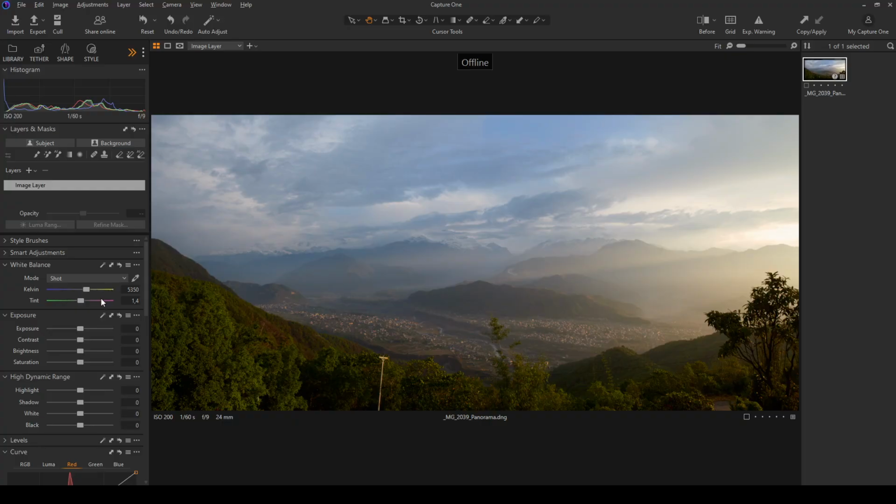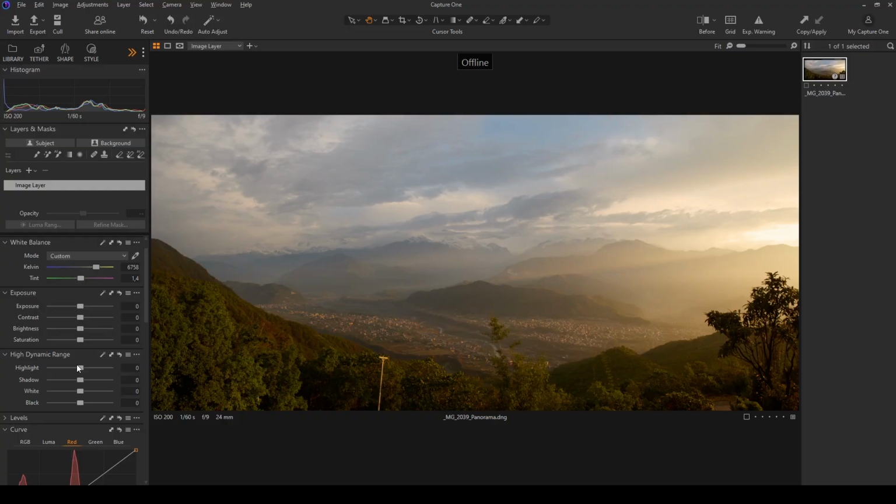And now I would like to increase the Kelvin to make it warmer. Like this. I will decrease the highlights and